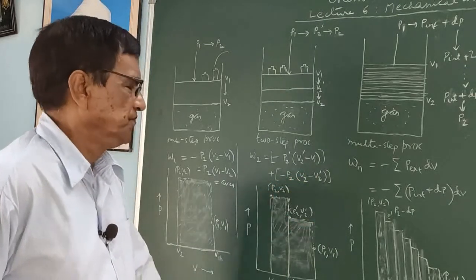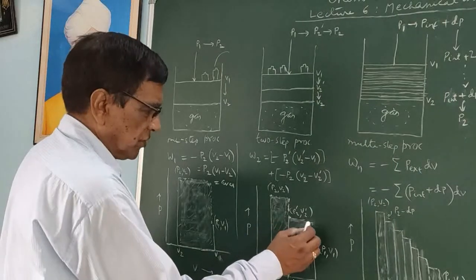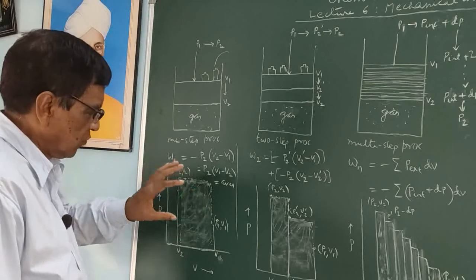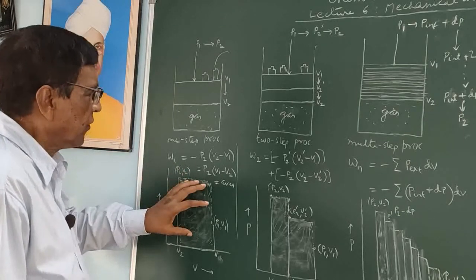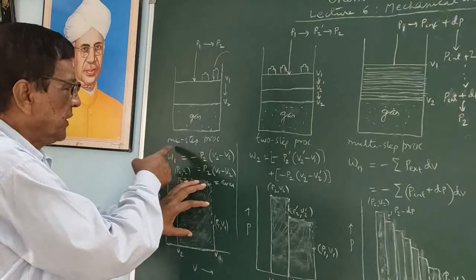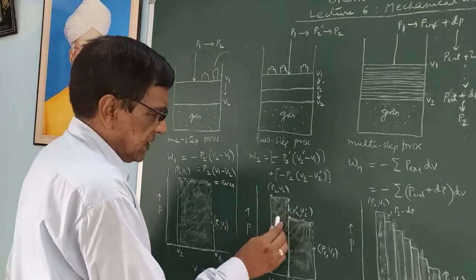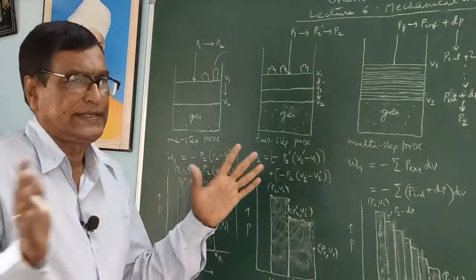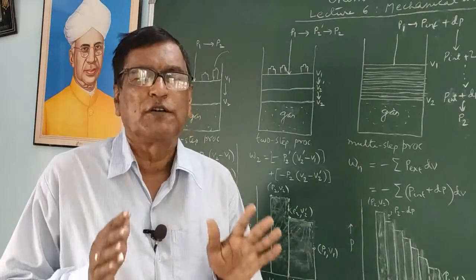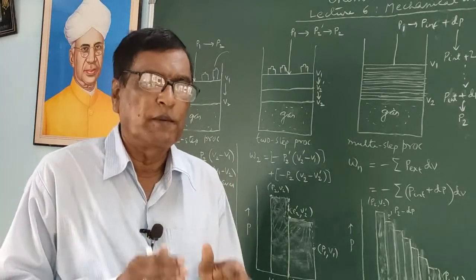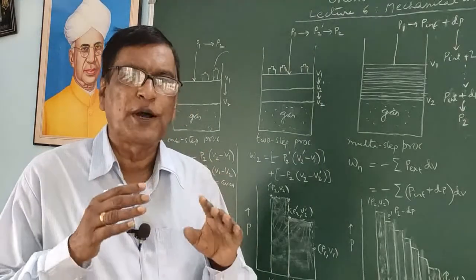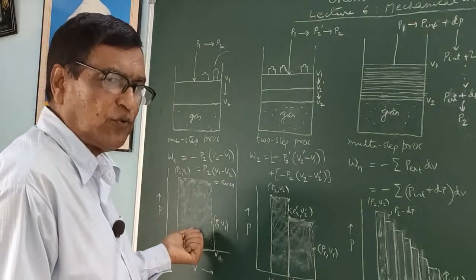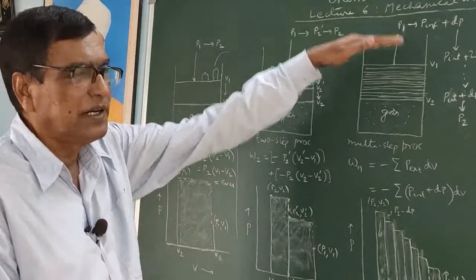If we draw the diagram, this is the area of work required for this compression from V1 to V2 in one step. In this case, this is the area, and the area is found to be less. It means the amount of work required to compress the same volume from V1 to V2 is found to be less here than in the one-step process. Now if we do it in a multi-step process,